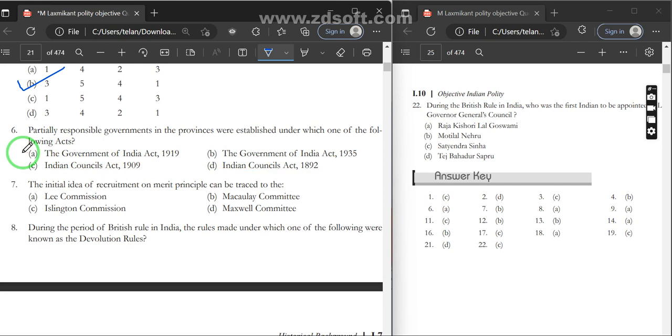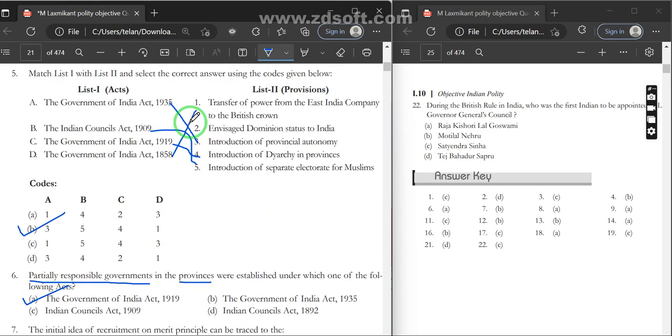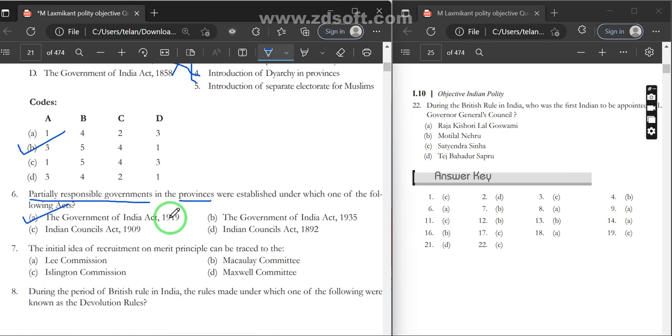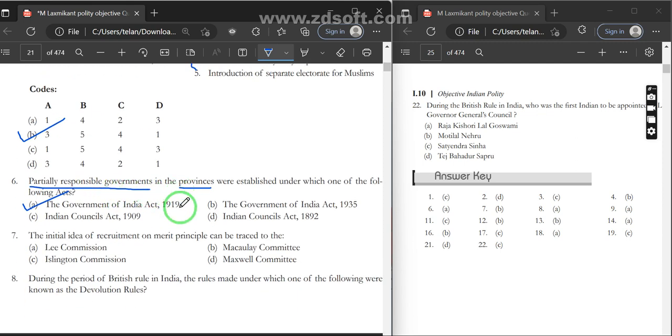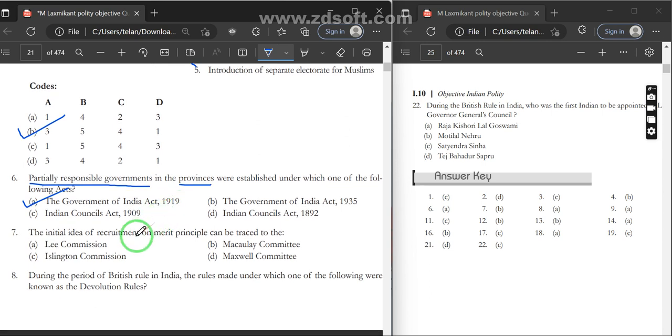Answer is Government of India Act 1919. That is Montague-Chelmsford reforms. Just remember the term partially responsible governments in the provinces. Previously we have seen introduction of diarchy in the provinces in 1919 also happened, and partial responsible government in the provinces also happened in 1919. And the initial idea of recruitment on merit principle can be traced to the